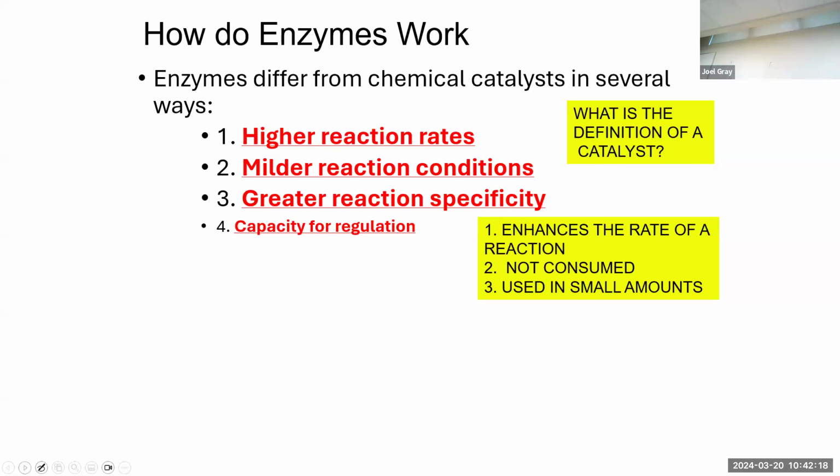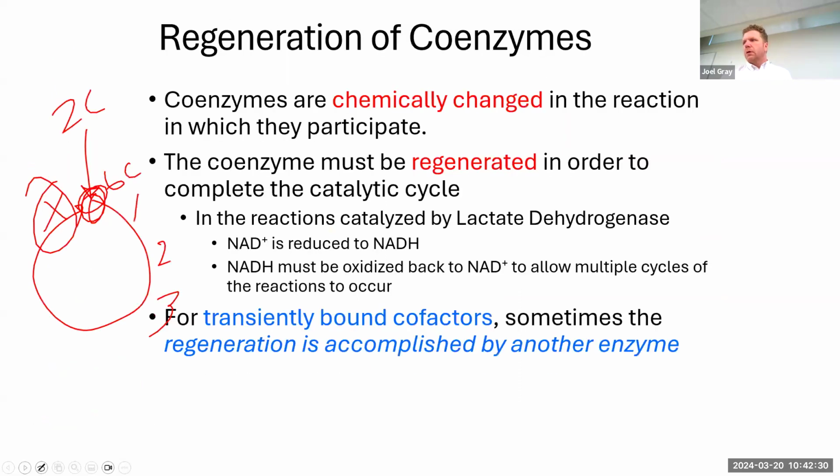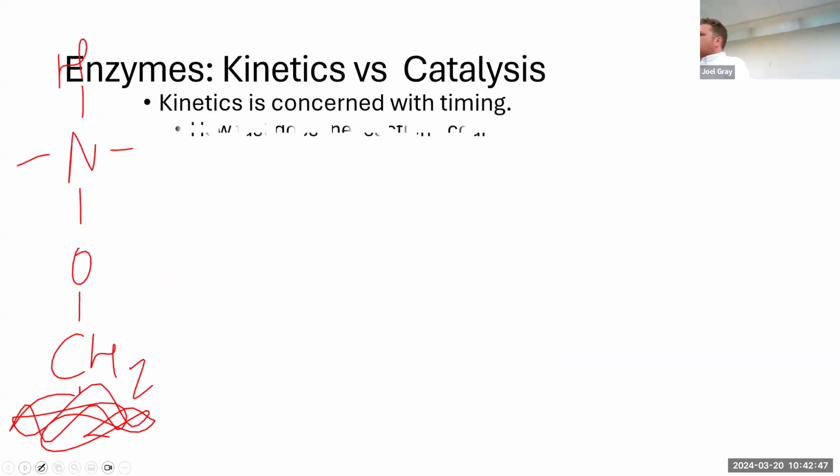The capacity for regulation, that is basically metabolism. That is your second semester biochemistry class. Because if we think about the citric acid cycle, yeah, sure, we've got this pathway where we're going to make molecule X, but also different phases in here are going to regulate, like enzyme number 3 is going to maybe speed up enzyme number 2 in some form or fashion based on what it produces.